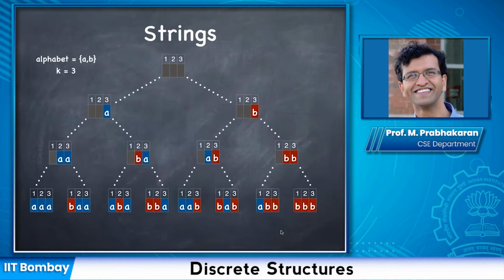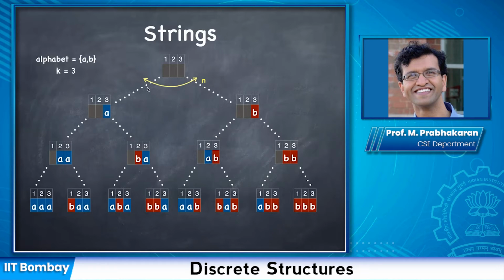So those are your 4 strings that end in A. And similarly, you have the same 4 strings, A, B, A, B, B, B, but now appended with a B. So these are 4 strings ending in B, and these are all the 8 strings you have of length 3 over this alphabet. Okay, and here the n to the power k shows up as